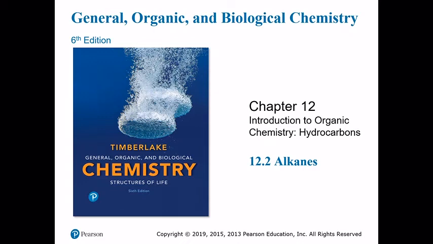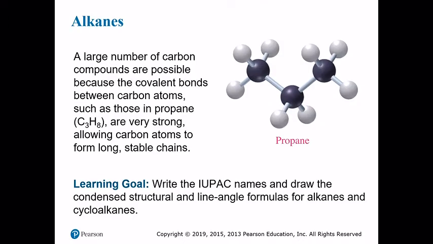This is Chapter 12, the Introduction to Organic Chemistry, and this is Section 2, Alkanes. We've seen that carbon atoms can be connected together into covalently bonded chains. In fact, these chains can get very long and branch or bend into different shapes. This produces a large variety of organic molecules, and in this section we're going to learn the naming convention for